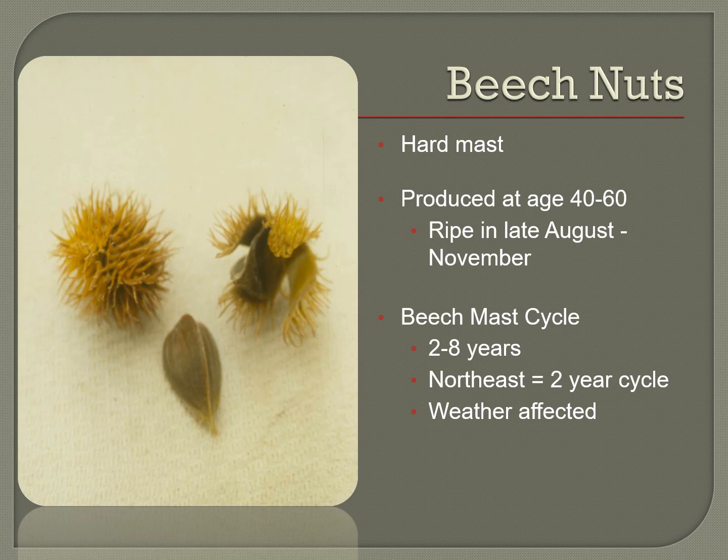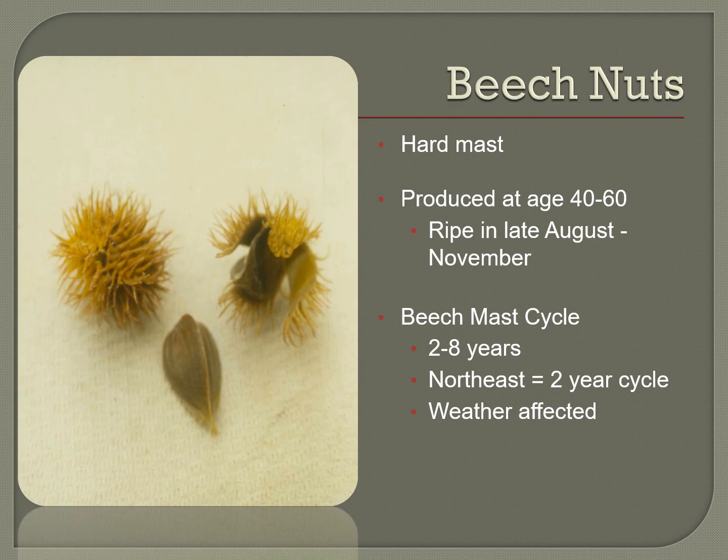So beech nuts are considered to be a hard mast. The food that is eaten by animals tends to ripen in late summer and early fall. The peak in the Northeast is typically about mid-October when the seeds are ripe and they fall out of the tree, onto the ground. Generally, trees need to be